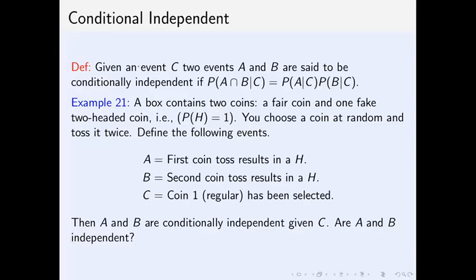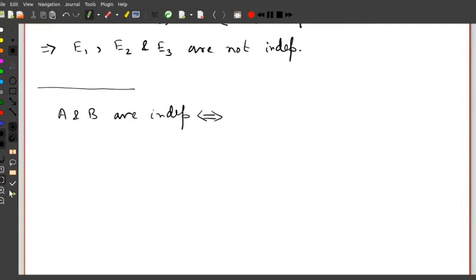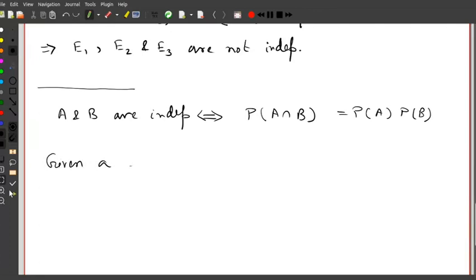We have seen that two events A and B are independent if and only if, this is the definition, probability of A intersection B equals probability of A into probability of B. For conditional independence, given an event C with probability of C strictly greater than 0,